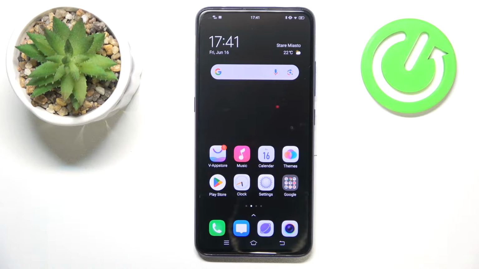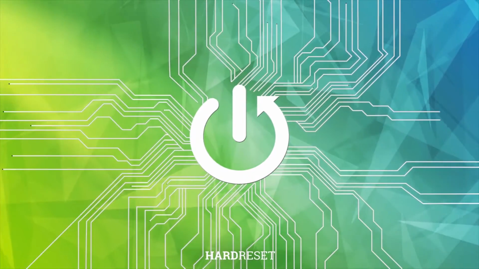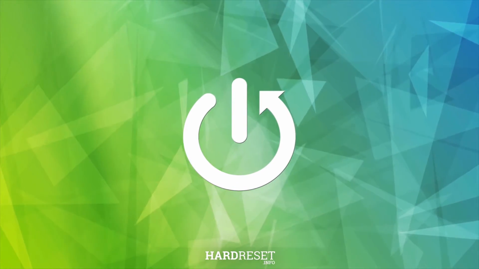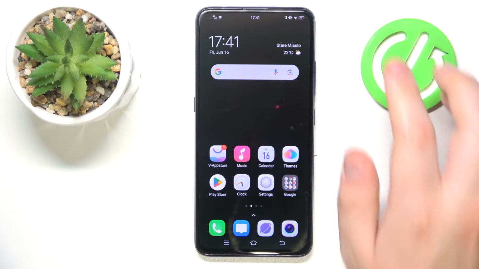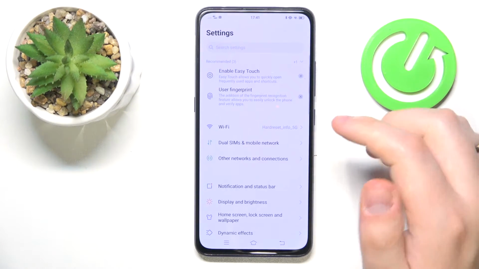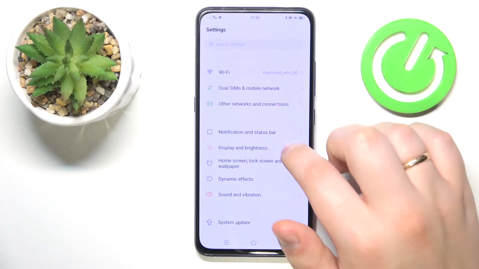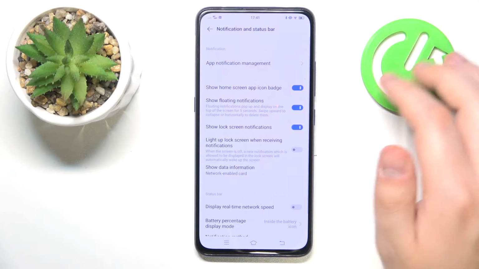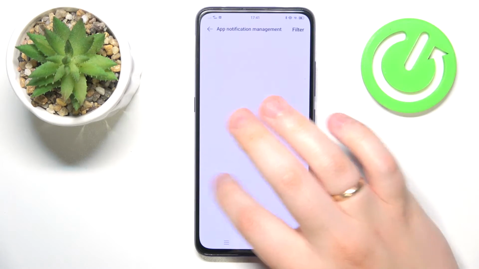Today I would like to show how you can change notification bar in VIVO. So to start, you will need to launch settings, and onward simply enter notification and status bar, and over here change whatever preferences you